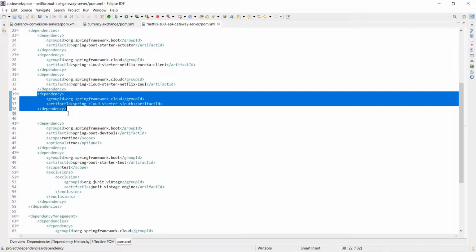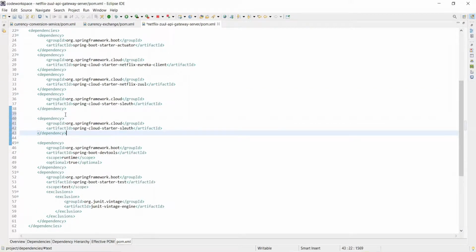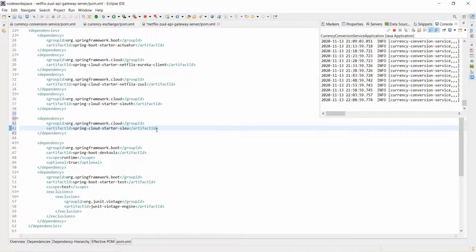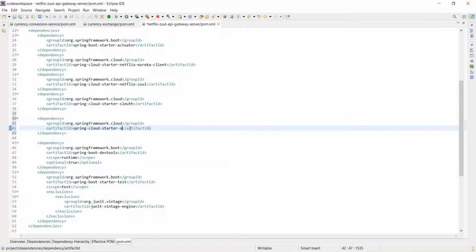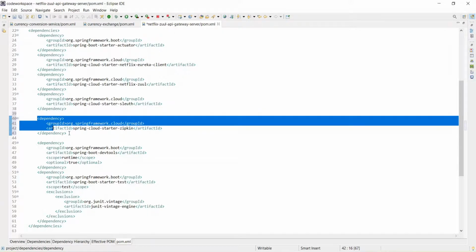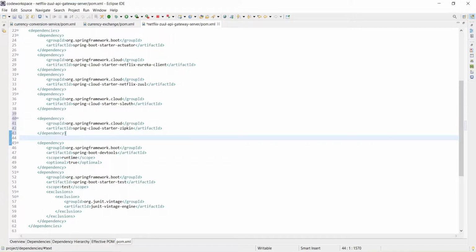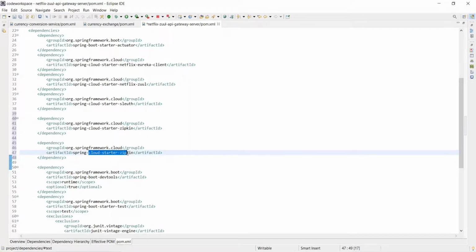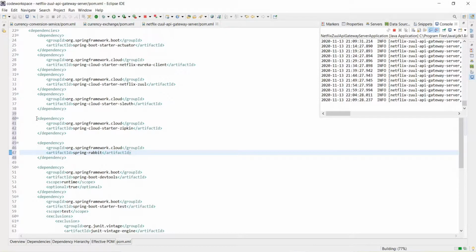Copy this, control C, control V, and here instead of Spring Cloud starter slough, we need to add Spring Cloud starter Jenkins. Right, and one more dependency you need to add, control C and then control V, and instead of Spring Cloud starter Jenkins you need to add Spring Rabbit. Right, that's it. So add these things into all the other